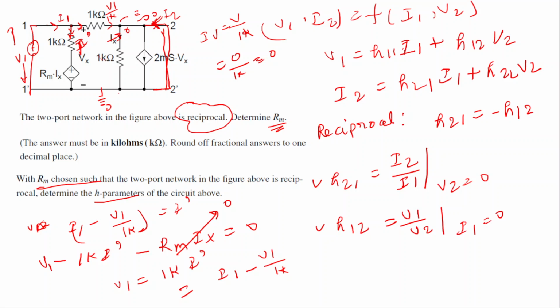So now this negative goes to the other side, so it will become 2V1 equals I1. So V1 by I1 equals 1 by 2, which is our H11. Okay, so V1 is...